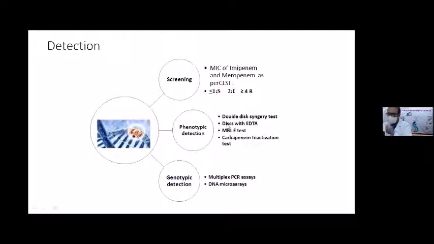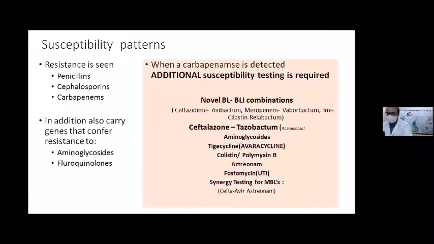So we can miss some of the genes by doing phenotypic methods. Genotypic methods are more confirmatory. We can do multiplex PCR assays, and DNA markers can be used for detection of these resistance genes. Now, what happens in the lab when we get any organism of Enterobacteriaceae family or